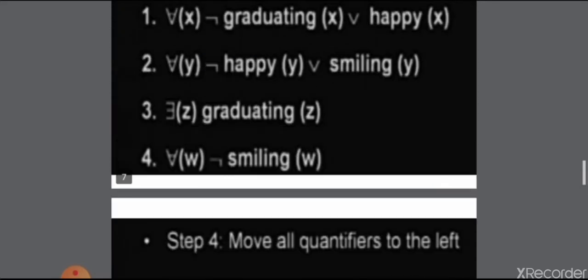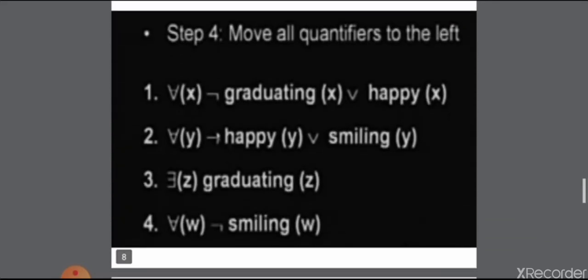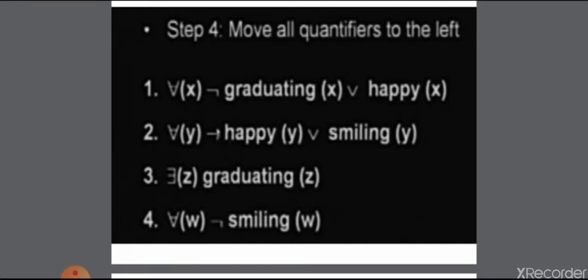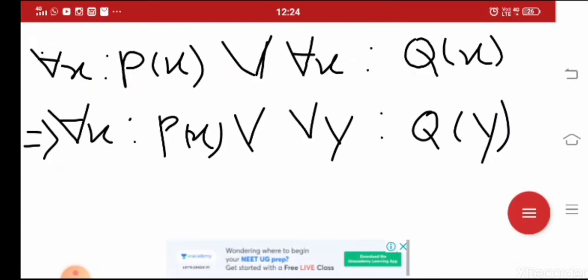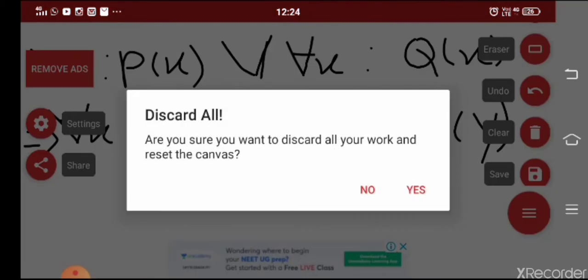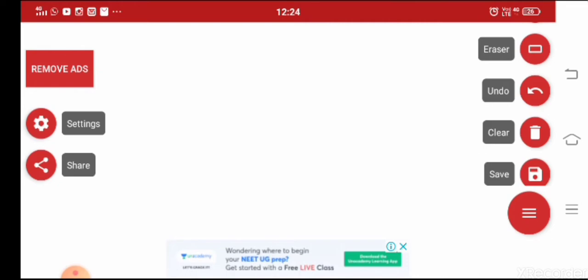In this example we already have all the quantifiers at the left side, but let's take the simple previous example to see how we can move our quantifiers to the left hand side. The similar example,